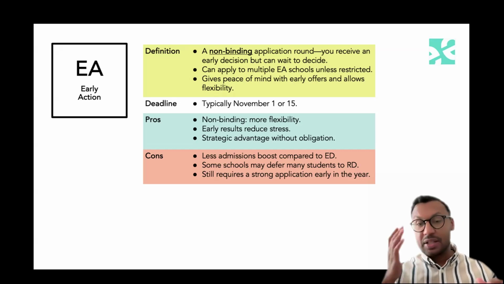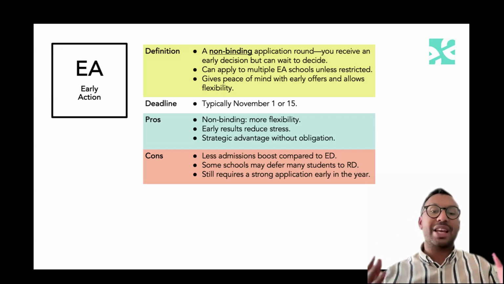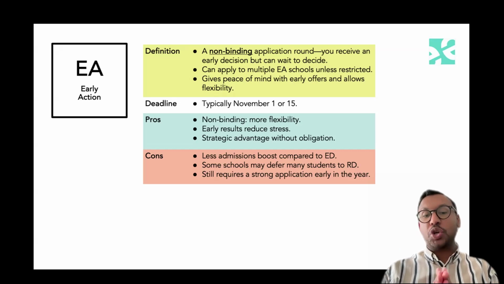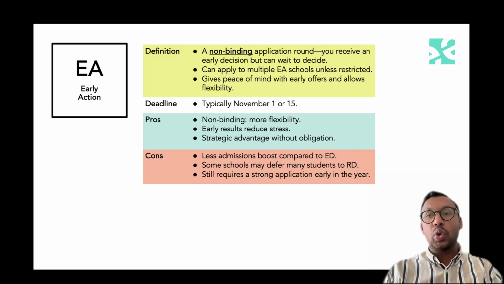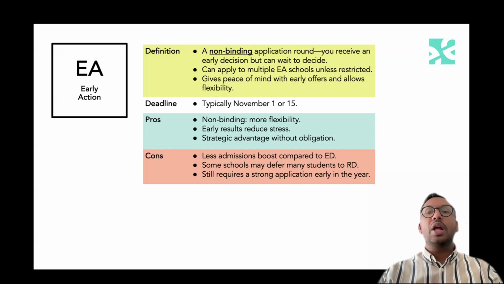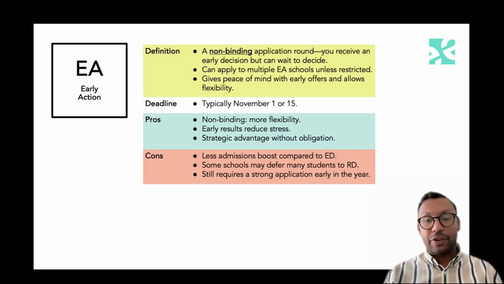That's when most universities will have their overall enrollment and decision making. But for early action, you know that you are in, or you've been accepted to a school by December with that flexibility to then perhaps be a little bit more courageous or ambitious in the application rounds that follow. The other thing is that early action, you can apply to multiple different schools that offer early action rounds.